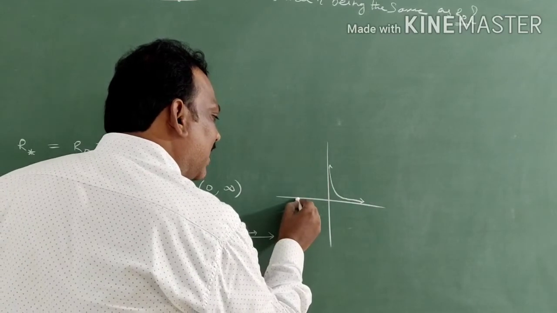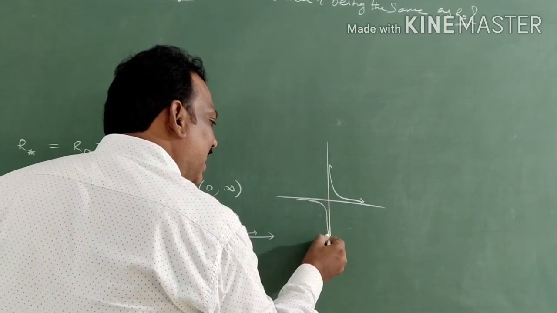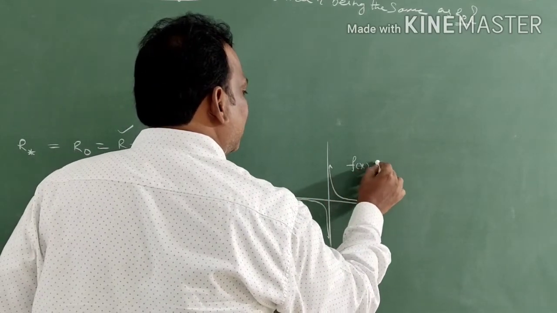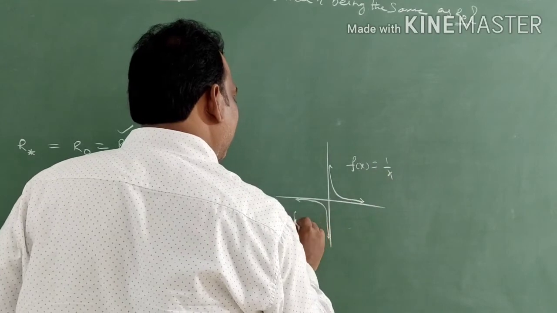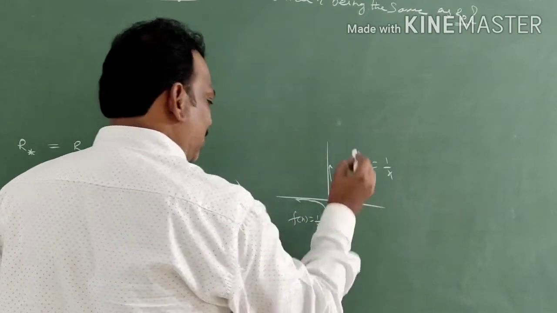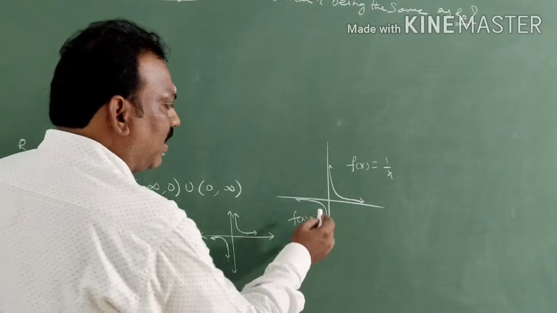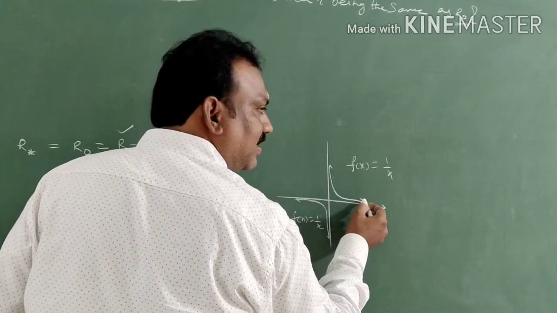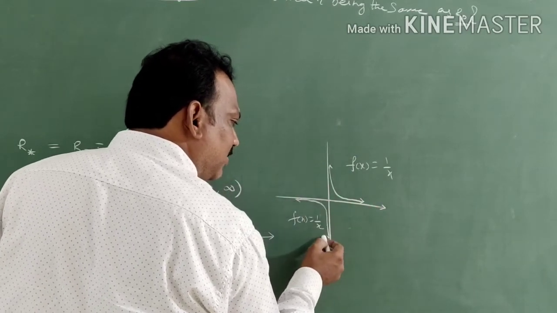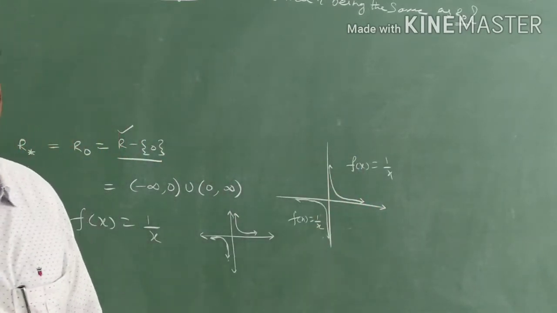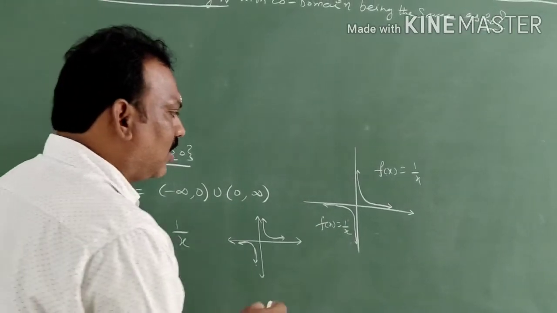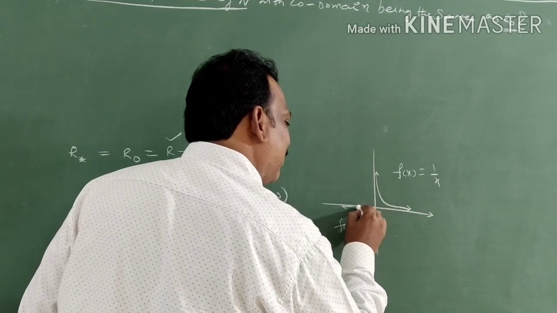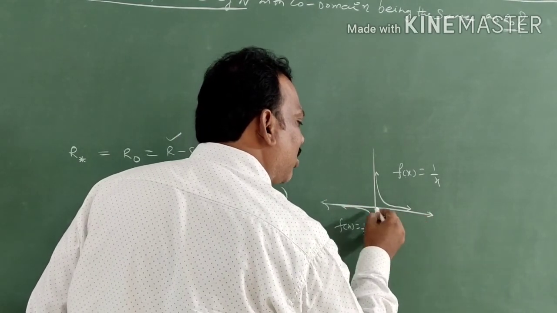So like this you are getting the graph of f of x is equal to 1 by x. This is one branch and this is one branch. Both together are 1 by x only. When the input, the x-axis value, is positive, you get this branch. When x is negative, you get this branch. Both together are f of x is equal to 1 by x. Remember, you can take any value except 0 on the x-axis. Before 0, after 0, but except 0.